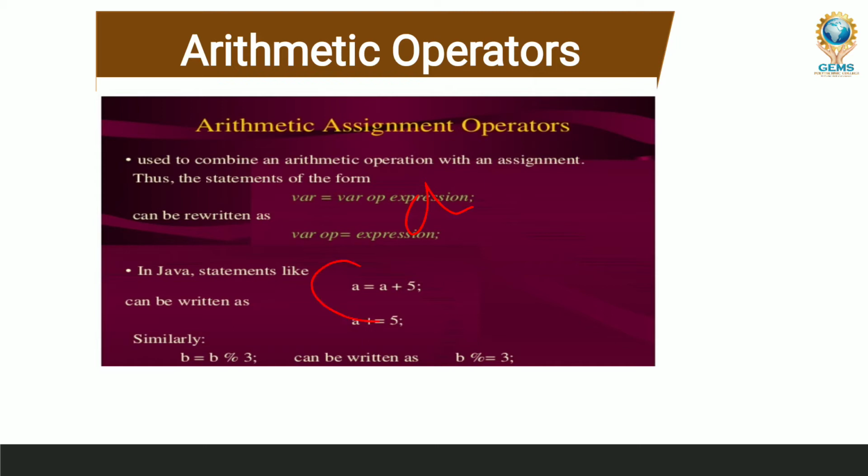So these are a equals a plus b, a equals 5 plus 5, a percent 3 and b equals b percent 3. So percent is the modulus operator. It will give a remainder. So we will see. If you use the percent operator, that is the modulus operator, it will give you the remainder. If you use the slash, it will give the quotient in a division. This is the difference between the modulus operator and the slash operator.